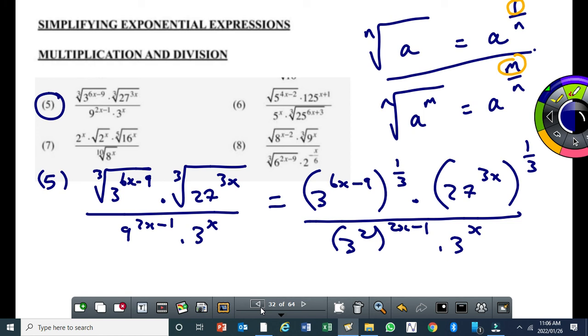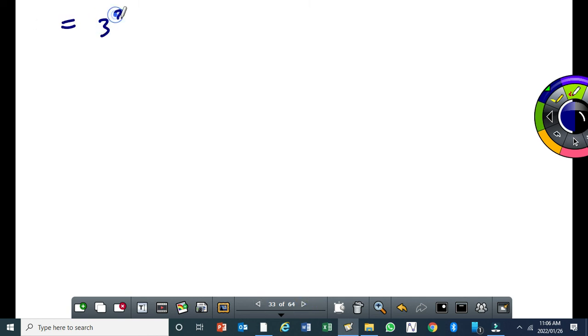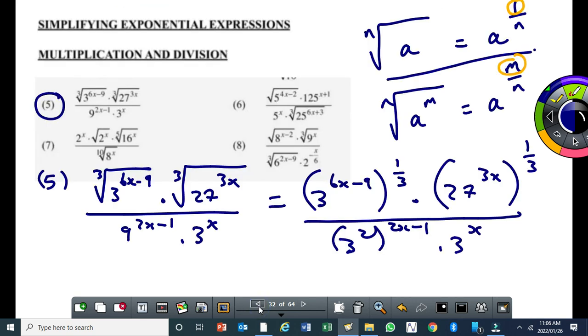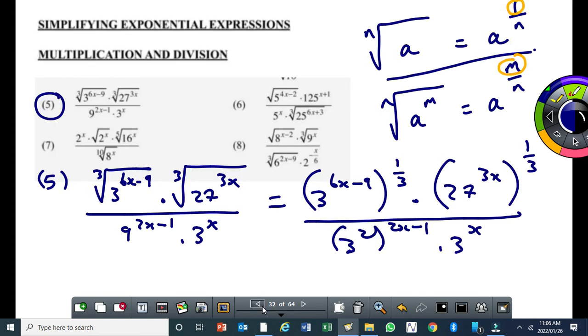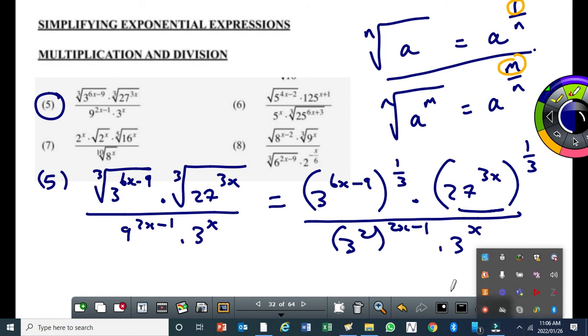So 6x times 1 over 3 gives me 2x, and I'll end up having 3 to the power of 2x minus 9 times a third, which gives me a negative 3. Are you following? Then here, 27 to the power of 3x. Since that exponent is also being affected by